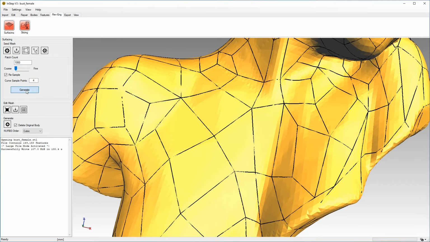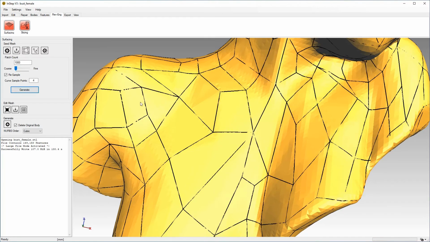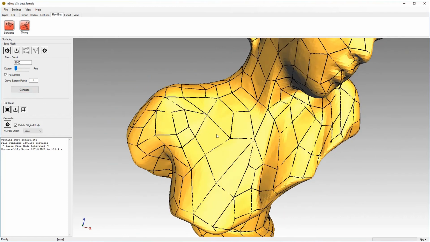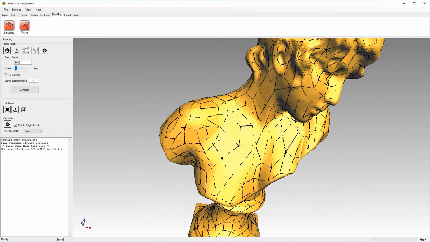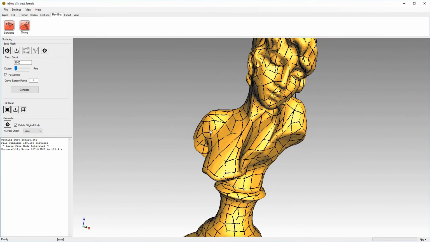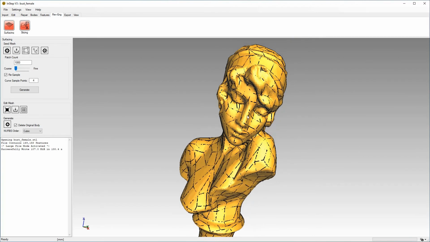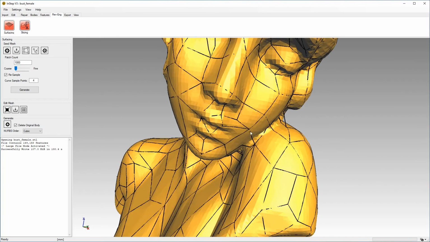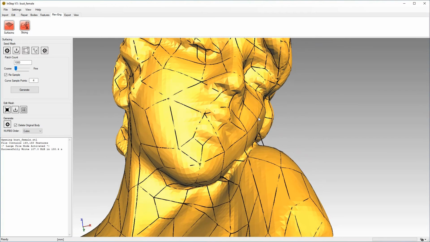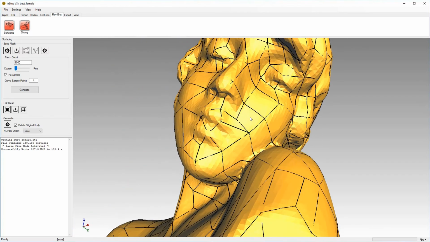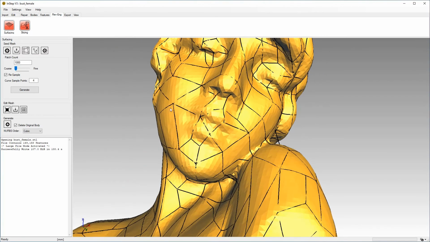If we click generate again, you'll see that the mesh updates just slightly in some areas. In this case, we're actually left with a mesh that looks relatively good. Now we can also say that we have regions where we're very interested in keeping a lot of detail. So for example, the nose might be one, the lips might be another, eyes, etc. In that case, we can go under Edit Mesh, and we can look for the subdivide option.